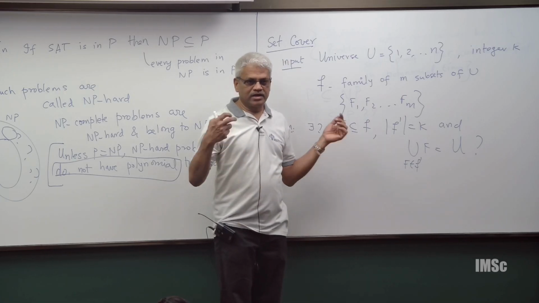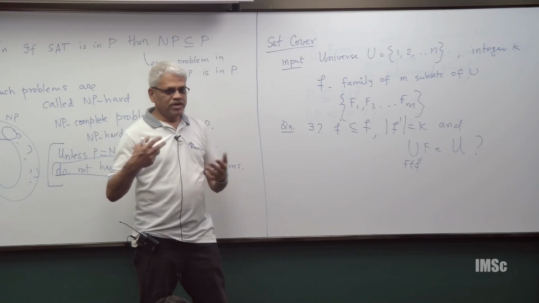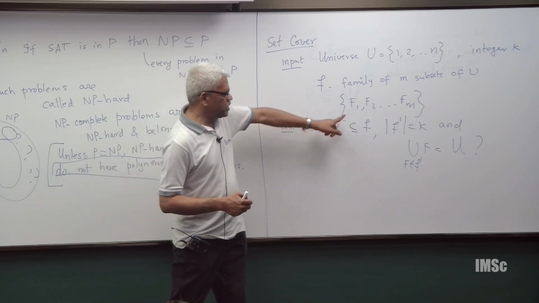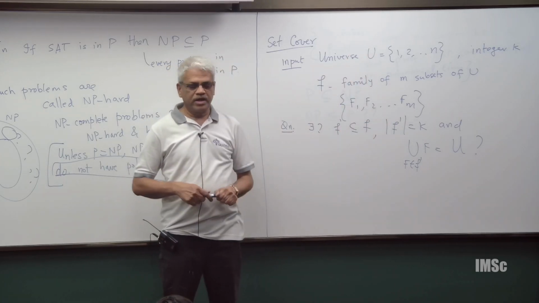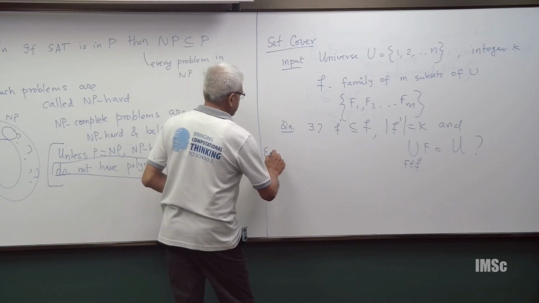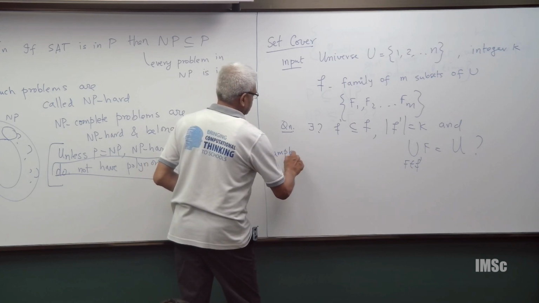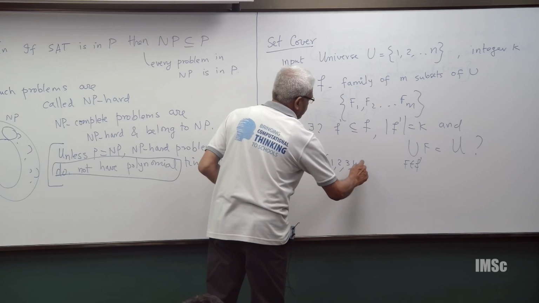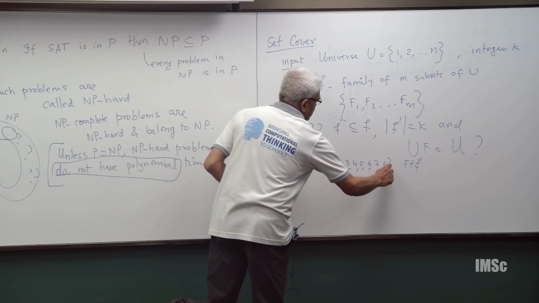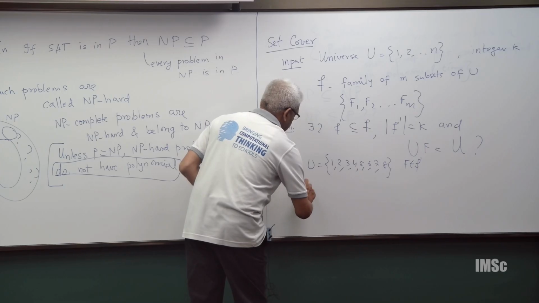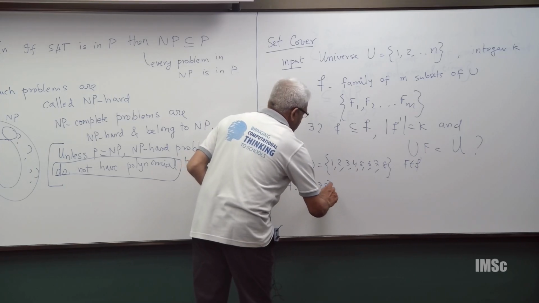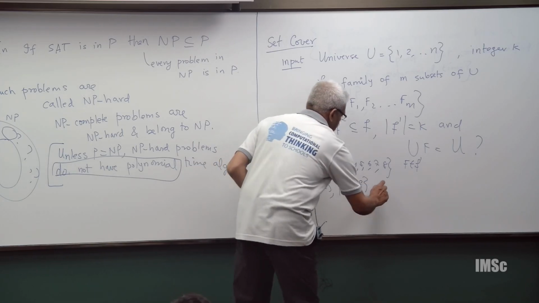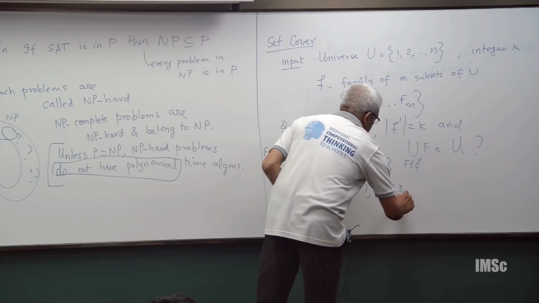Ideally, it is an optimization problem. Minimization or maximization? Minimization. I want to pick the minimum number of sets from here that would cover my universe. Okay. So, let us see an example. Say U is 1, 2, 3, 4, 5, 6, 7, 8. My family may contain {1, 7, 8}, {2, 6, 8}, {1, 2, 3, 4},